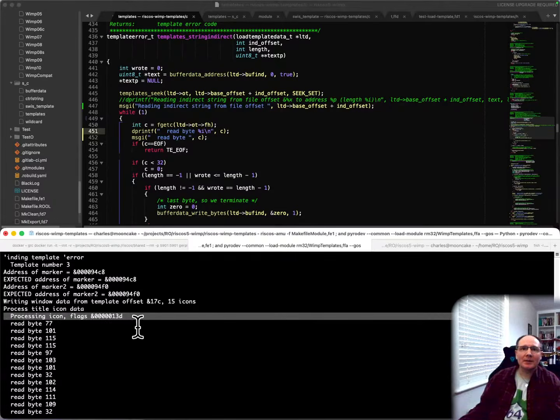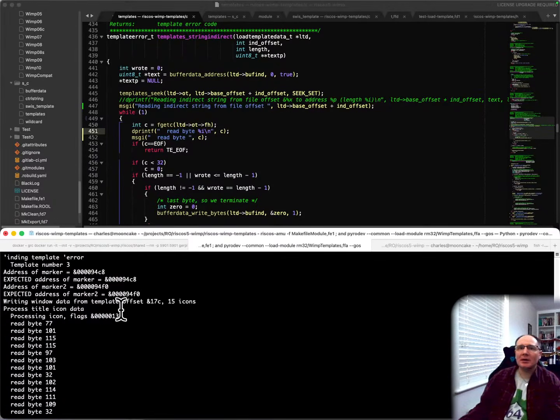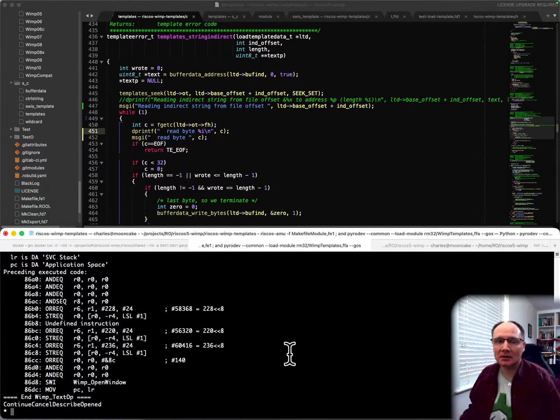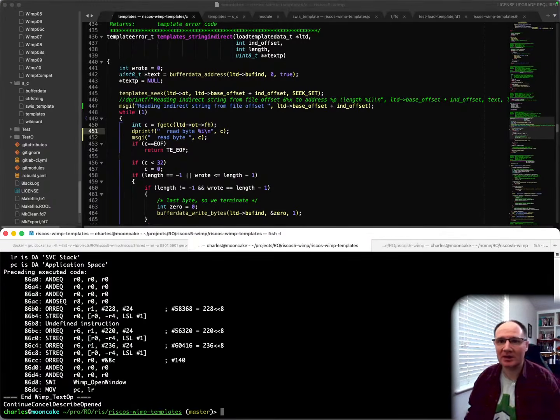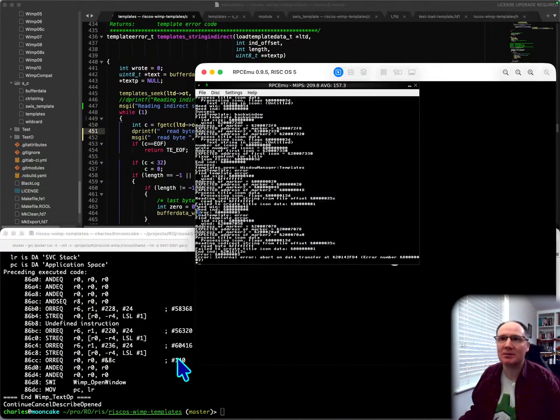Right. So here, if we have a look at it, oh, hang on. I'm reading a different template file. This is the template file that I'm using in Select, and I want the one that's in RISC OS 5. I want the template file from RISC OS 5. This is a slightly different problem. So I'd not noticed this. This was possibly done. Copy resources: